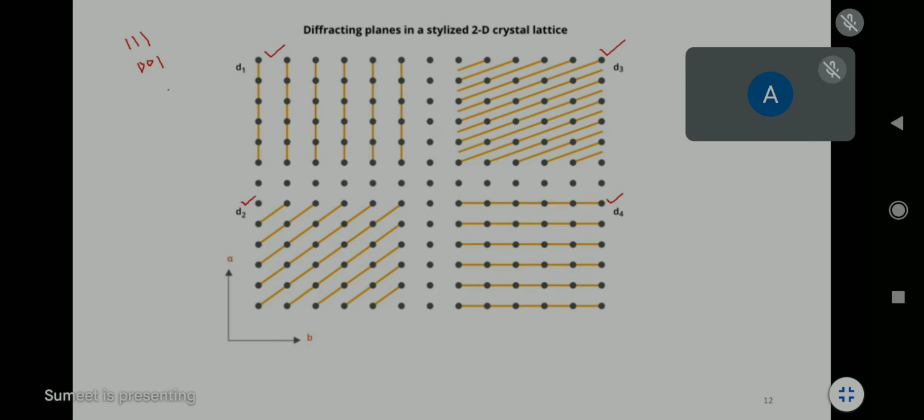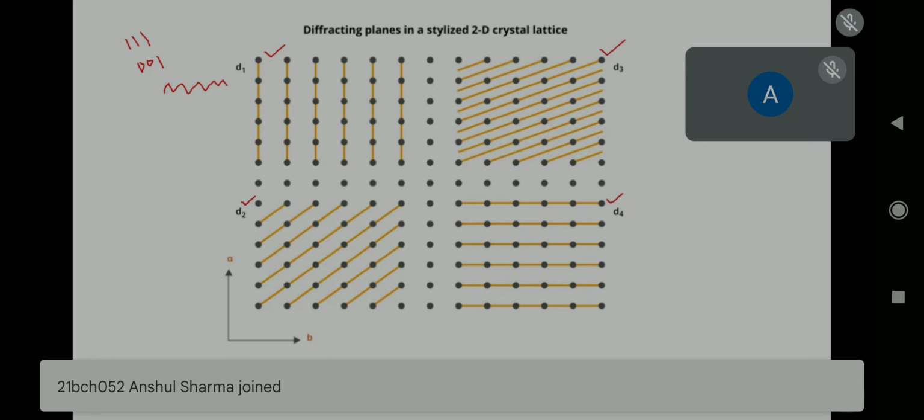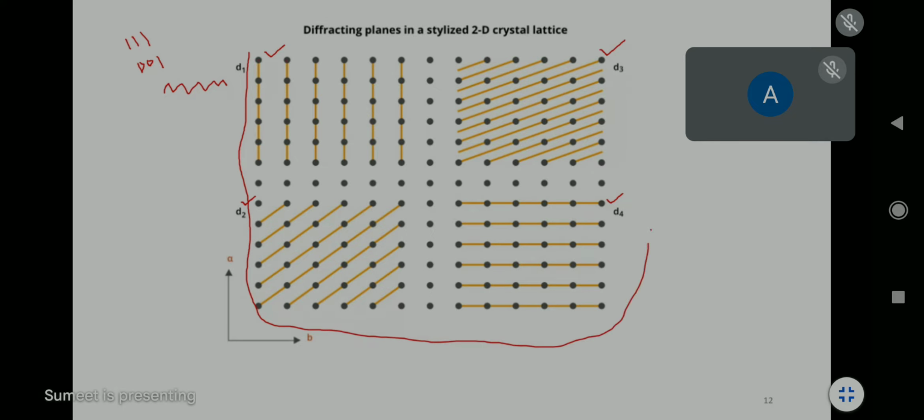You may think about how incoming X-rays get diffracted from all these types of planes. The phenomenon is that if this is the incoming X-ray, and this whole thing is your sample,